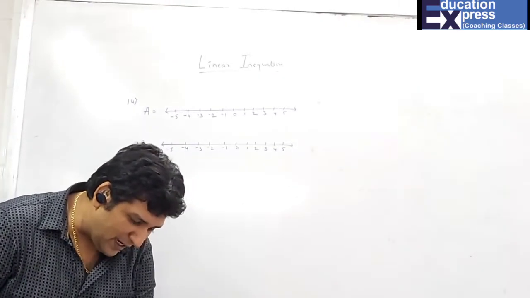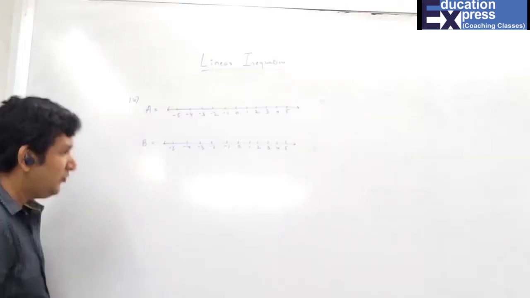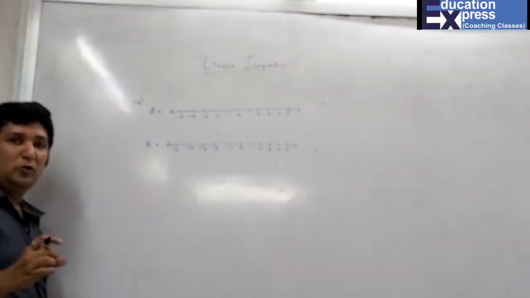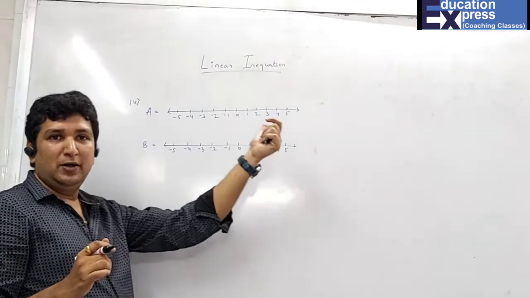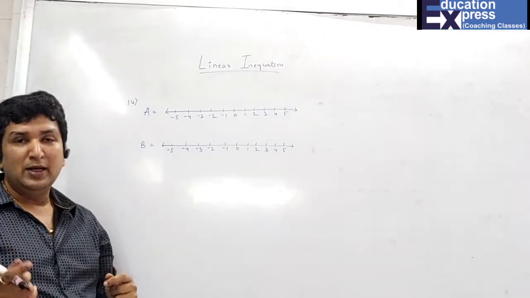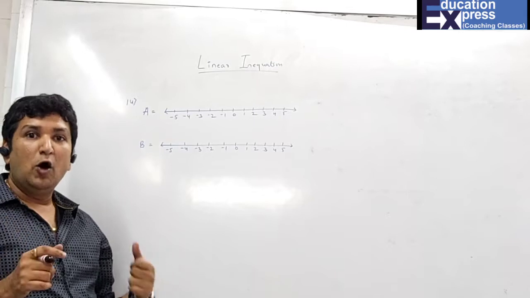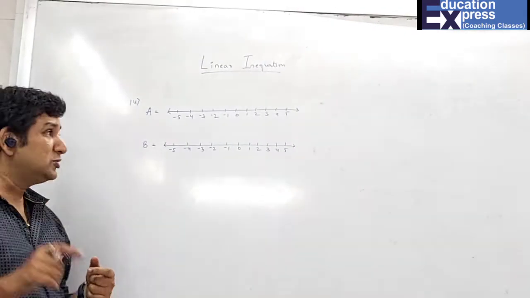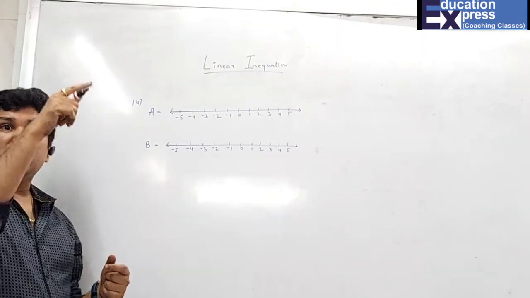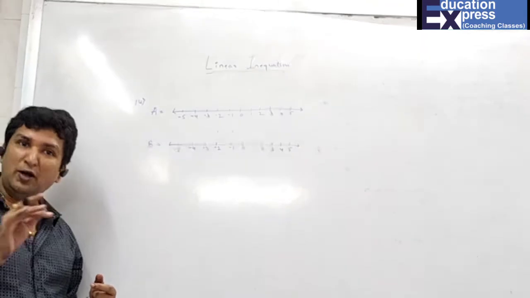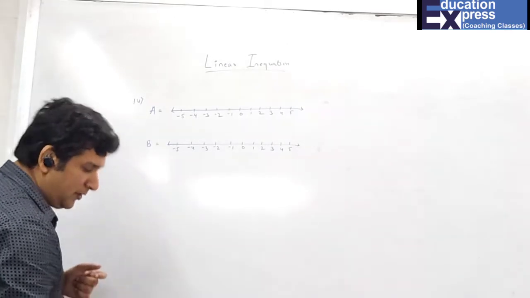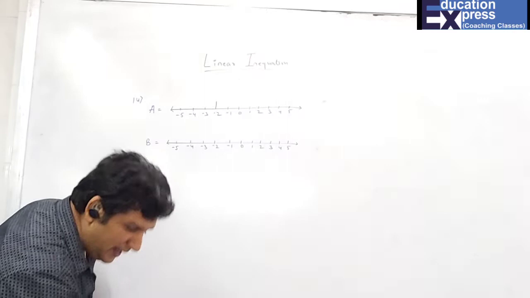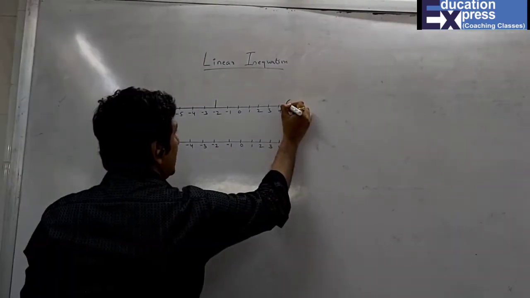So for the first set A, they have given -2 to 5. Students, you can just pay attention over here. If you remember, I have told you that whenever I take the numbers including or not including, there are two ways. One is circle, hollow circle is not included, and solid is included. And similarly, I have told you we can also use straight line and curved line. Straight line is included and curved line is not included. So here they have given that particular way. So at -2 is a straight line which is including, and at 5 is not including.